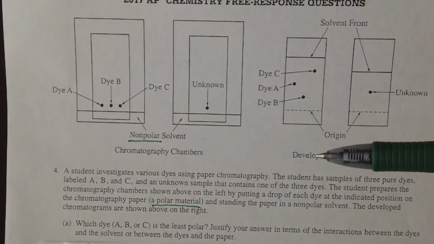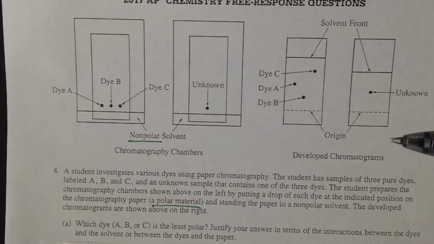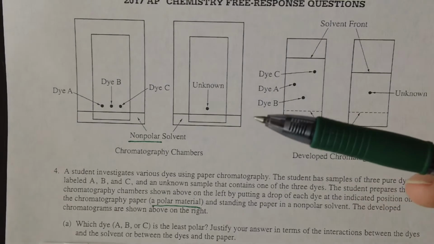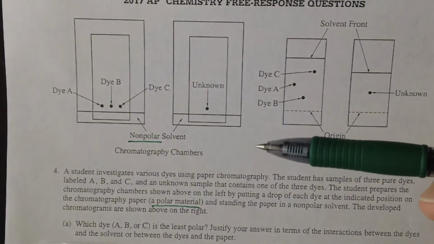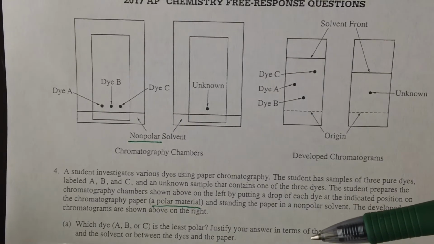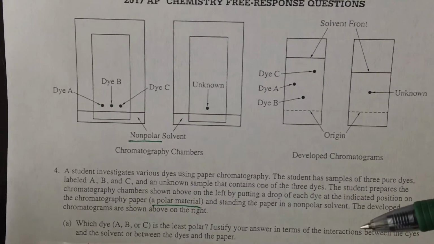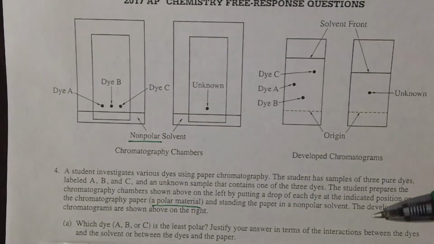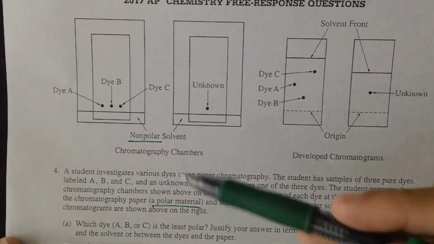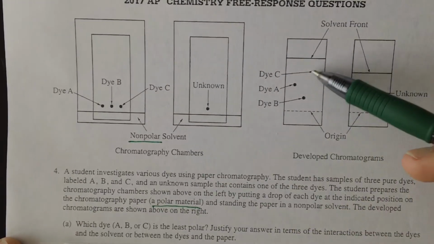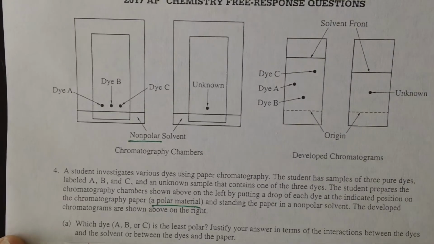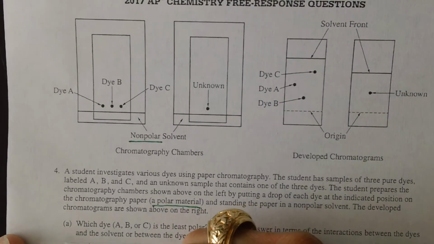And so here's the deal. If something's nonpolar, it's going to be attracted to the solvent, right? Because that's what it's going to dissolve in, and so it's going to move where the solvent moves. If something is polar, then it's going to be attracted to the paper, and it is not going to move nearly as far because it's going to be stuck to the paper rather than stuck to the solution. So when we look at this thing, which dye is the least polar? The nonpolar solvent, dye C, traveled the farthest with that nonpolar solvent. So the answer is dye C